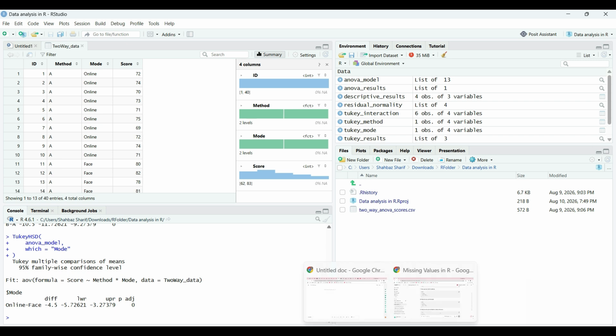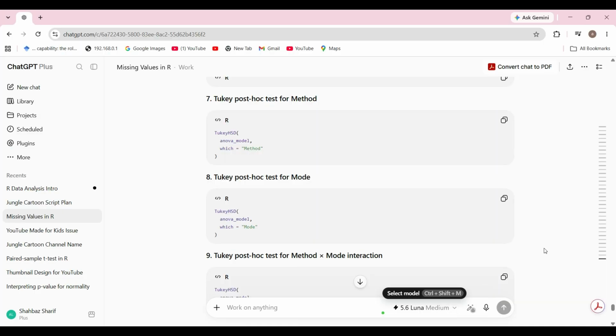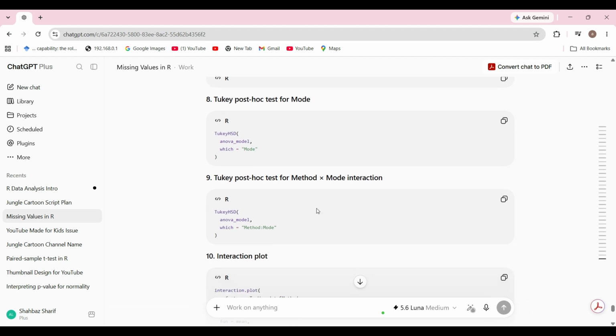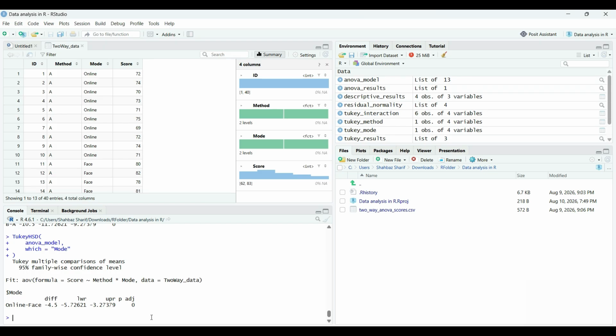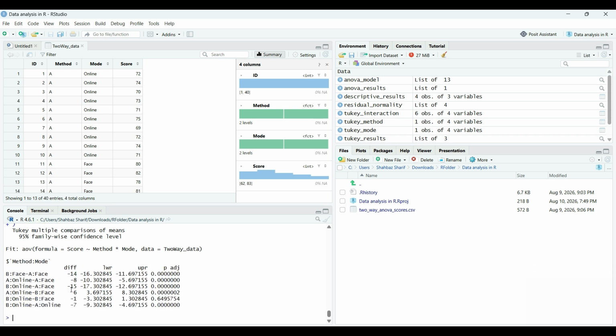So next, we will apply the post-hoc test for the method multiply mode interaction, the interactional impact. So we'll copy the command and paste here and then press enter. So you can see here